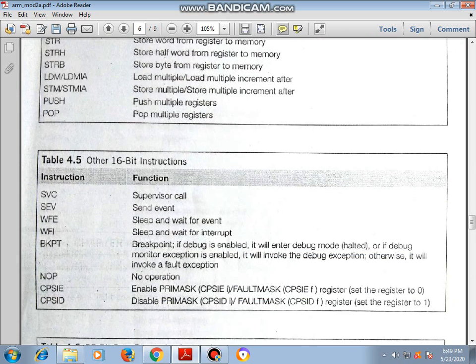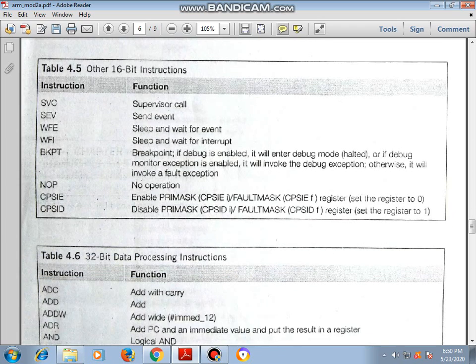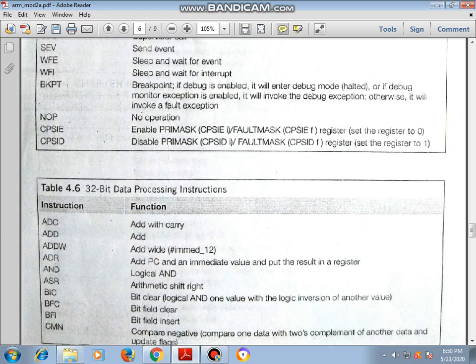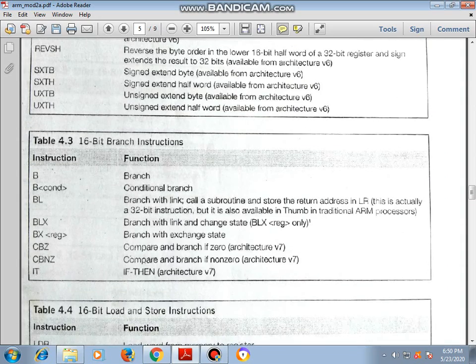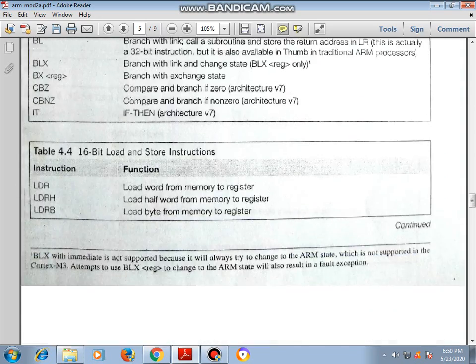Next we have other 16-bit instructions. Here you can see some of the opcodes: supervisor call, send event. Till now we have seen some operations related to 16-bit.